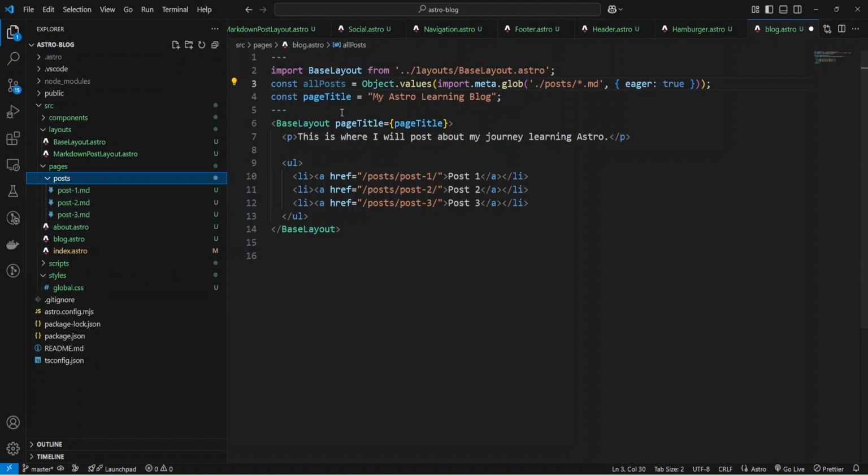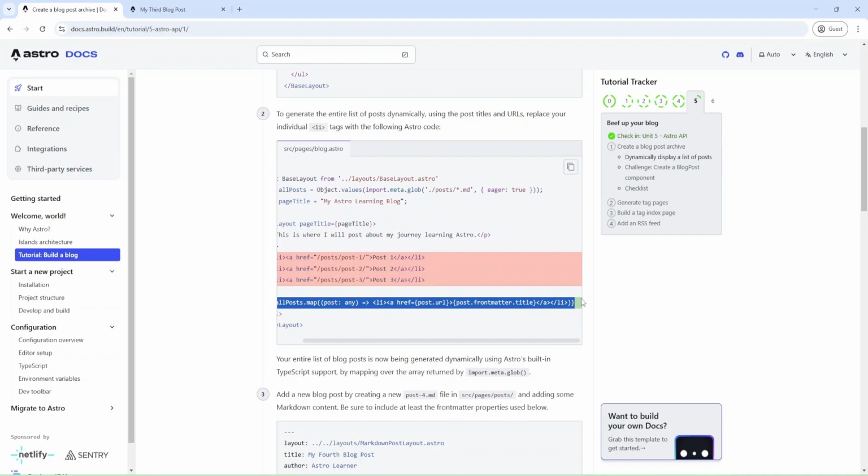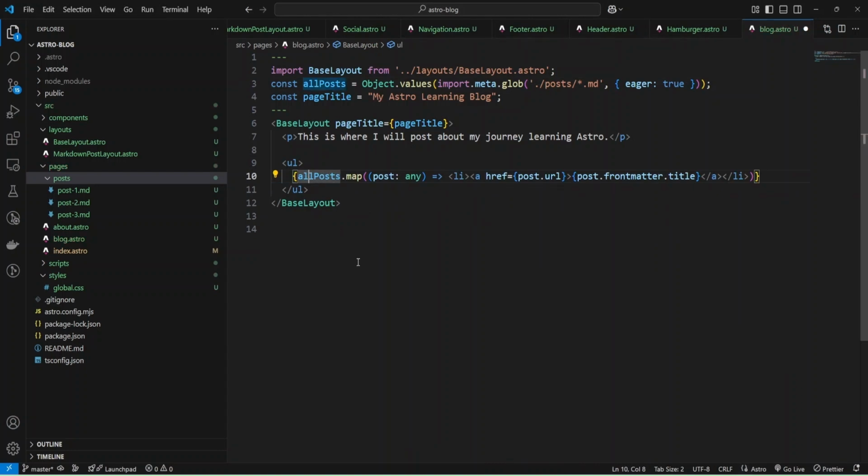We'll get all these files and we'll store them into a variable. Okay, let's check next. And next we can replace our hard-coded values with this code.